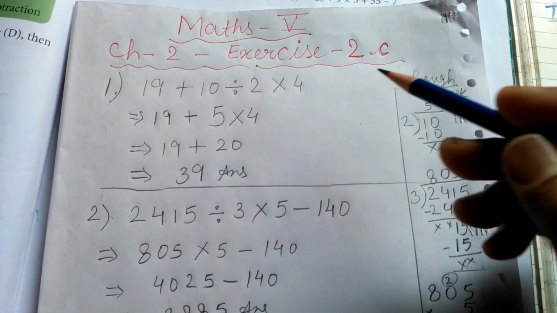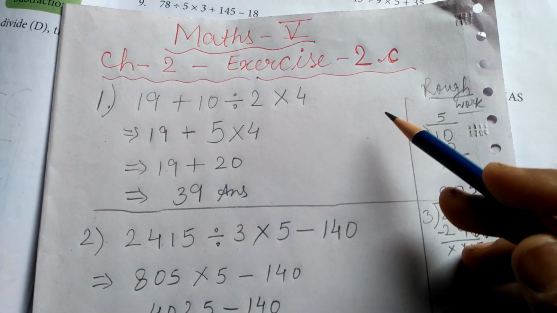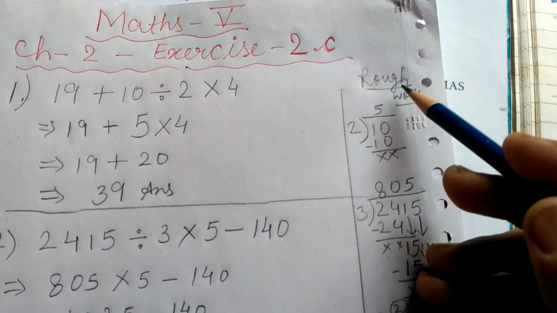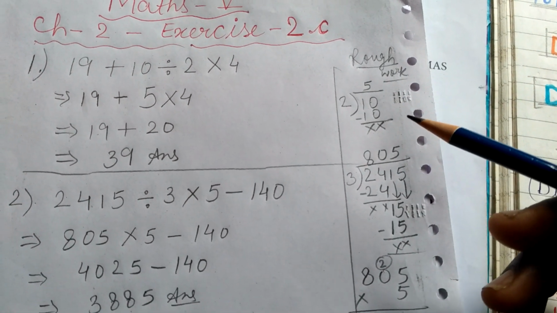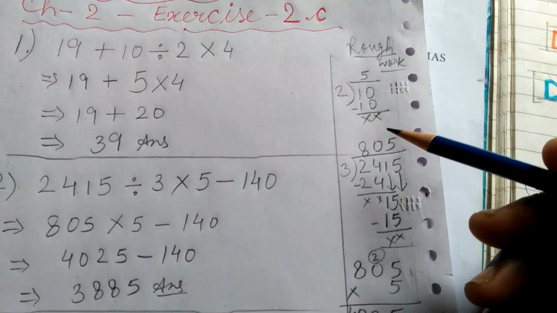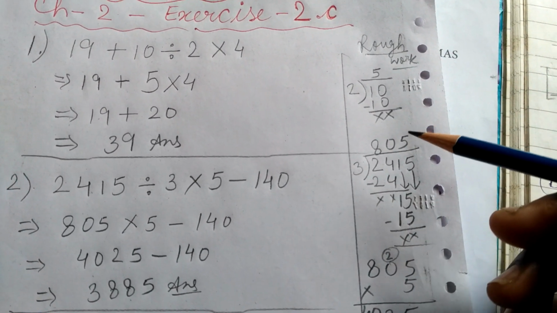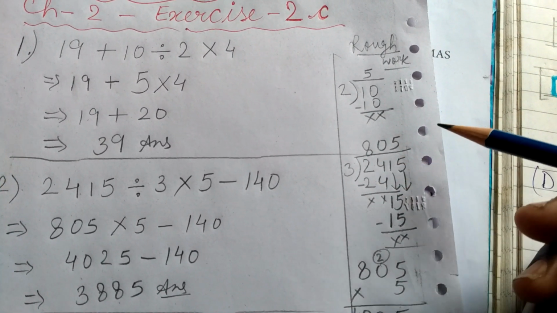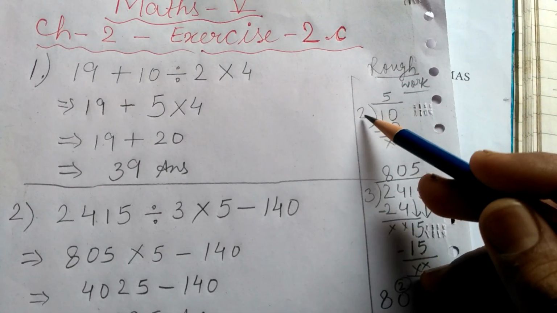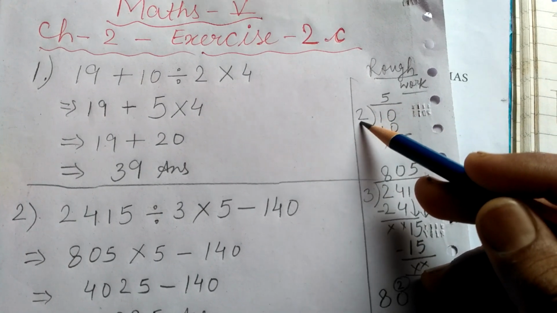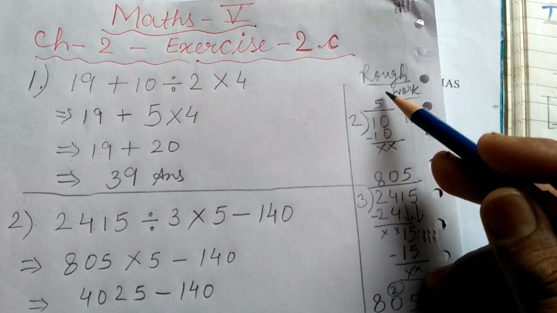Now what will be the trial quotient? What will be the answer when we divide 10 by 2? So here in the rough work I have shown neatly and cleanly. Your rough work should also be very neat and clean, I'm telling you. Don't do it in a dirty manner or in a haphazard way. Do it neatly and cleanly. So I have written 10, then 2, because 10 is being divided by 2. Then it is for the trial quotient.